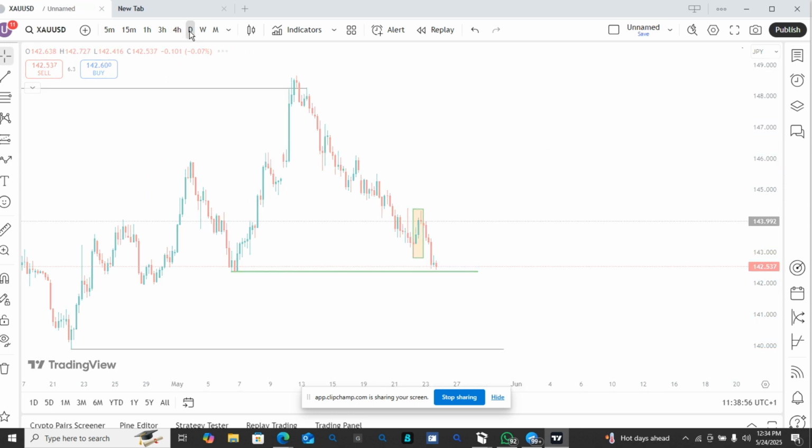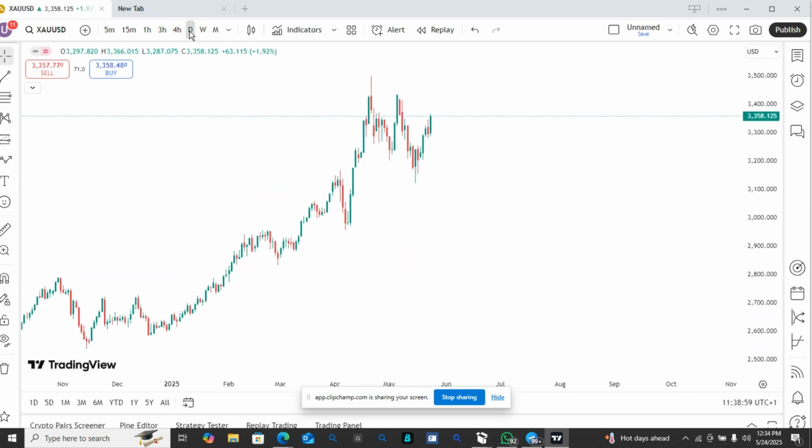So next pair on our list is gold, the almighty gold. So on a daily time frame, we are what? Bullish. On a daily time frame, higher high, higher low. We are going for another higher high or at least equal high. So let's see how we can take this